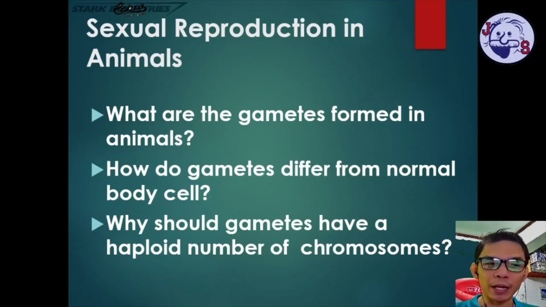So it is very important that the gametes have a haploid number of chromosomes in order to maintain the correct, normal total number of chromosomes in an organism. So with that,